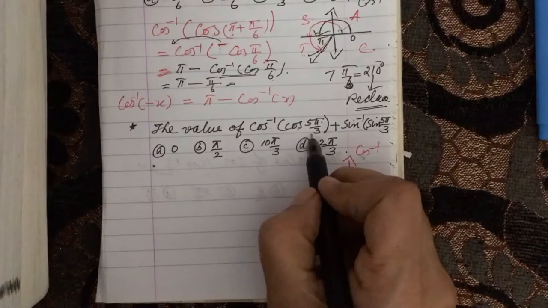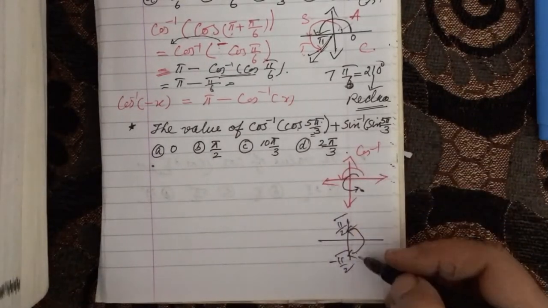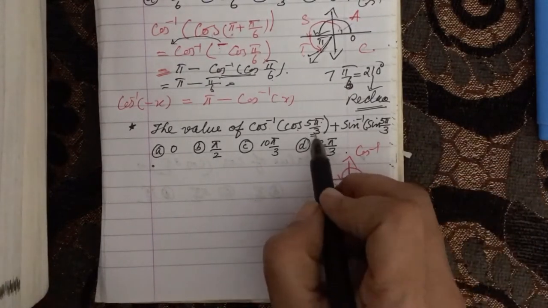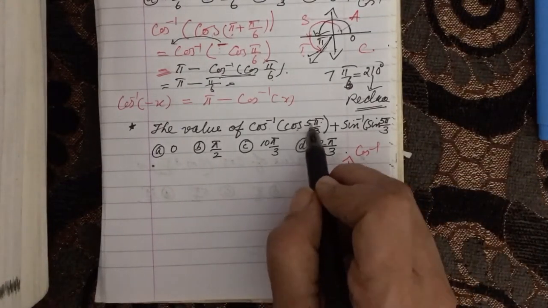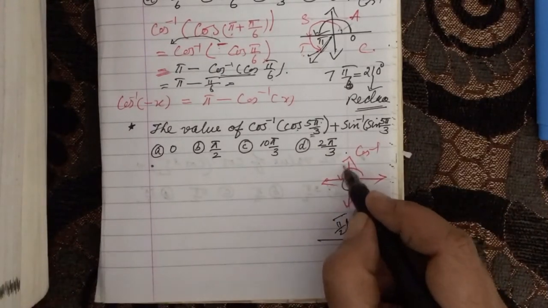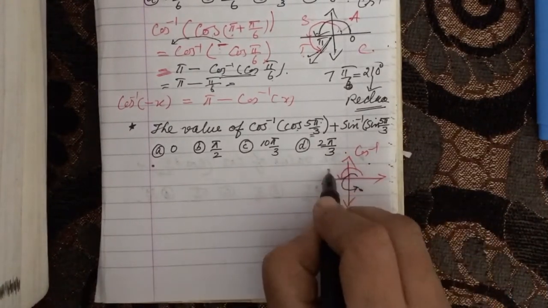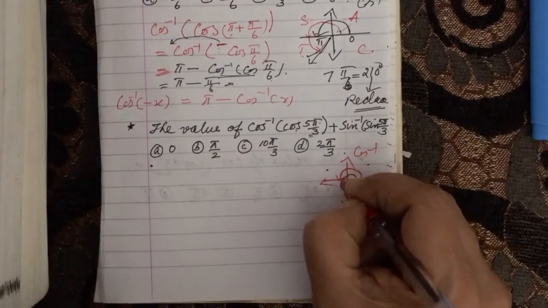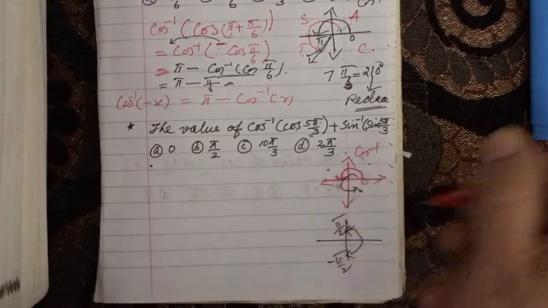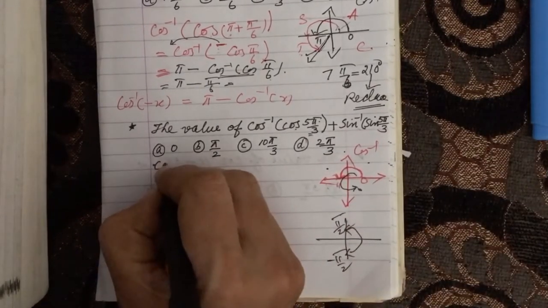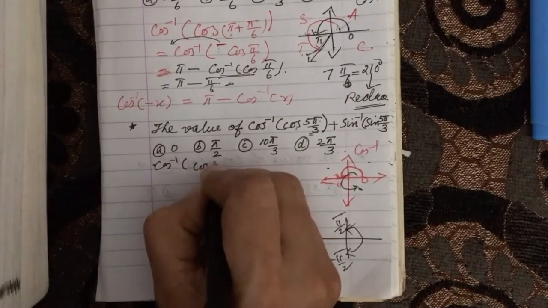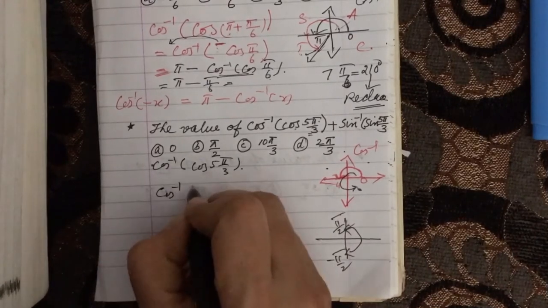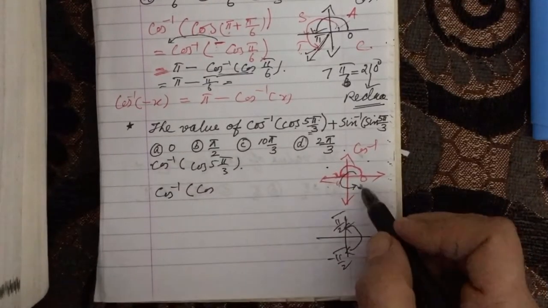But 300 you cannot use like this. So you have to reduce this angle. It should not come here also. Here if it comes, it should be a negative angle. So what you have to do is convert cos 5 pi by 3 to cos of some angle in either the first quadrant or the second quadrant, because our angle has to be here for cos inverse. It is a principal value branch from 0 to pi. Let us see. First I am taking cos inverse of cos 5 pi by 3. As I know, 5 pi by 3 is coming in the fourth quadrant.